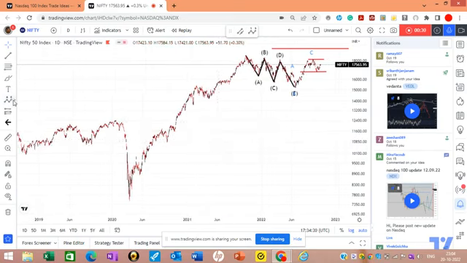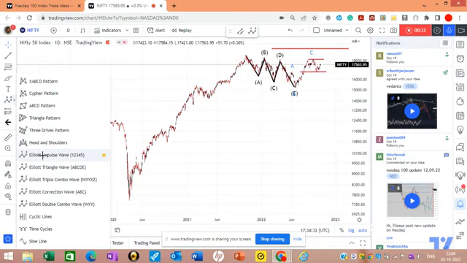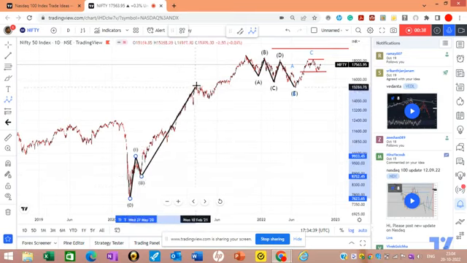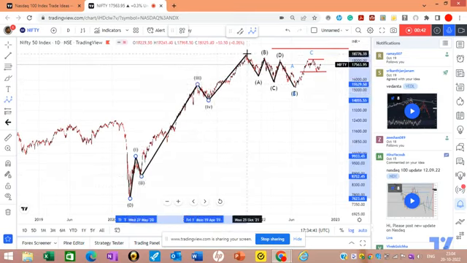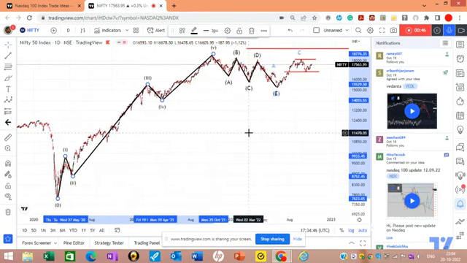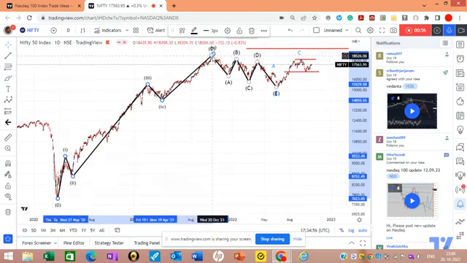See, I had marked Nifty 50 as a five-wave move up. This was one, two. I had marked this as three, four, and five. This was my earlier thing. See, I have an alternative count on Nifty 50. I will go by two counts. This was the earlier analysis where I have marked it as a five-wave move up, and this was the end.